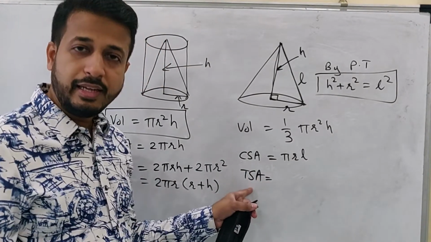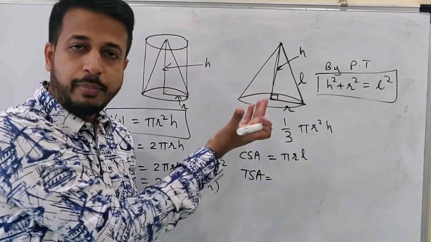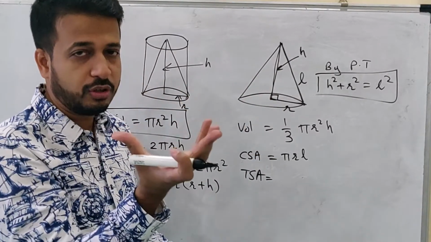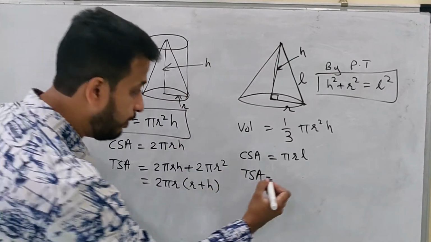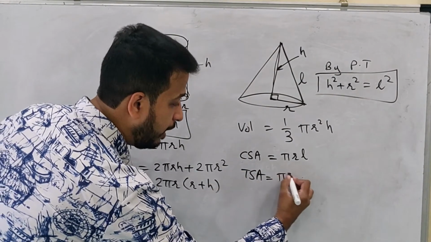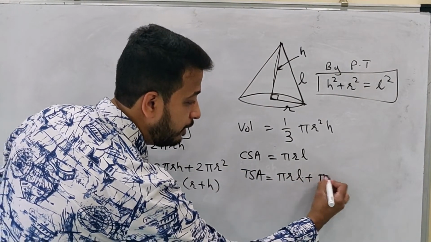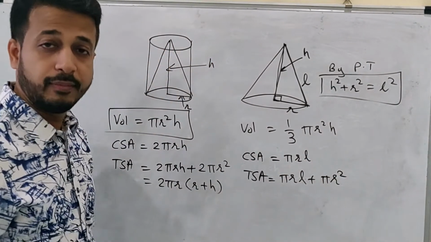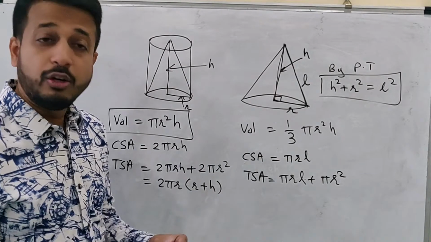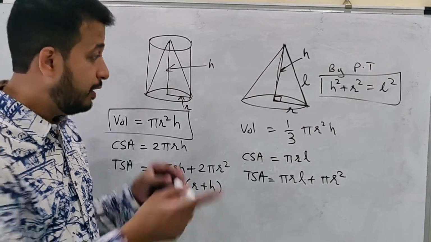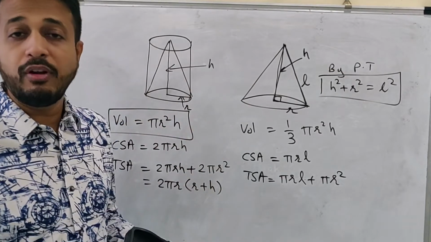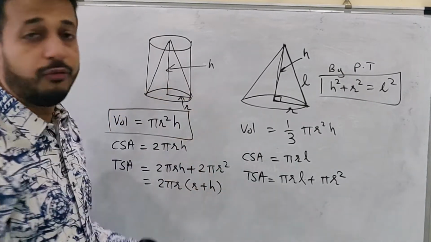Now here, my total surface area. Again, total surface area will be the curved part of the cone, and it has only one base, which is the one circle. So my total surface area will be pi r L plus it has only one circle, so it is pi r square. So students, don't try to mug up the formulas. Write down the figure, understand the figure, and then try to develop how we can know the formulas.